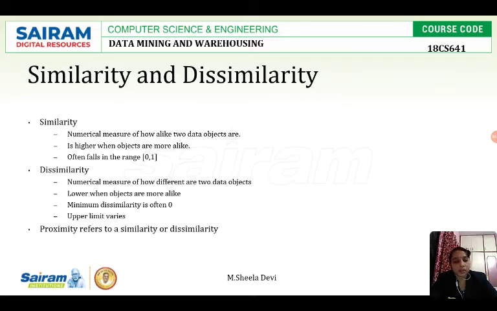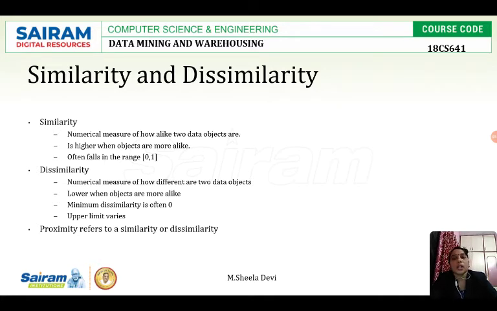So if we have some 80 rows for a particular class, for a set of students in a class, how are we going to compare two students? Here the data object is nothing but a student. So if we have 80 students in a class, how can we compare two data objects, that is two students, to see whether they are similar or dissimilar? That is what we are going to see here. There will be different data objects in the data warehouse, and with these data objects we are going to check which are similar and which are dissimilar.